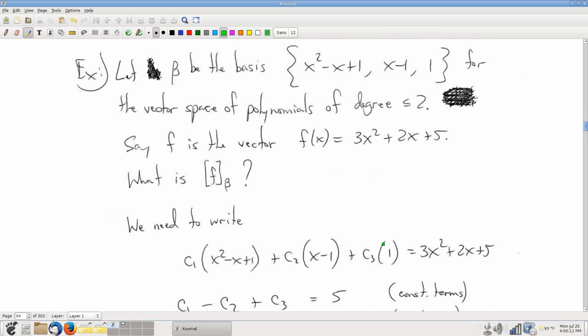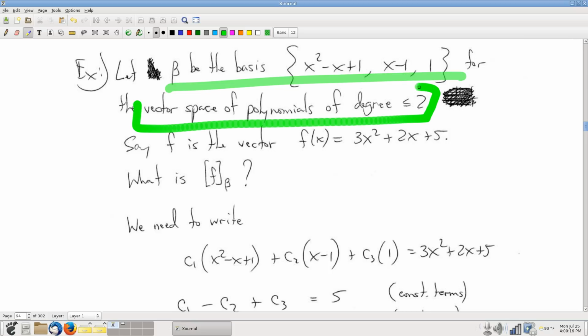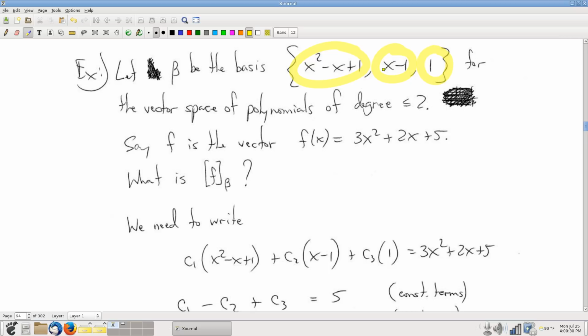Let's go back to coordinates. Here we have a basis for the vector space of polynomials of degree at most 2. Now, there's some details to be checked there. One must check that this trio of polynomials has the required features. Got to check that this spans the vector space of polynomials of degree no more than 2, and one must check that this is an independent list of polynomials. So there's two significant things there that need to be checked, and those would be good exercises for students. So make sure to do that, thus confirming that this is indeed a basis.